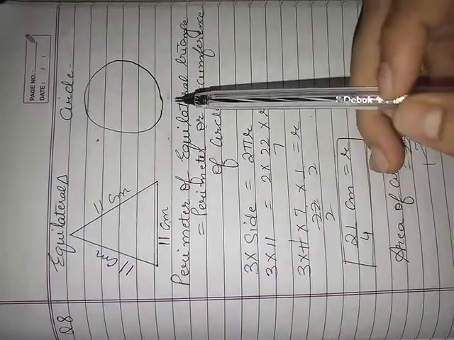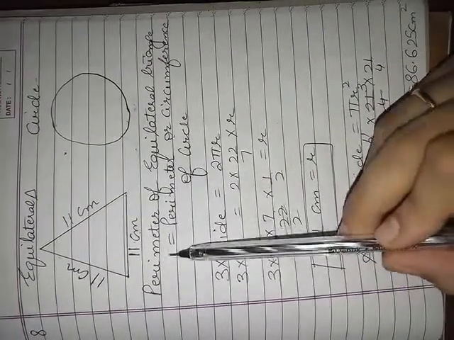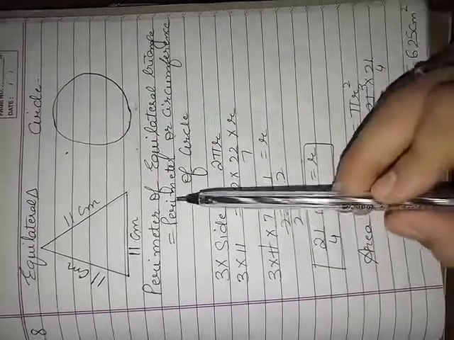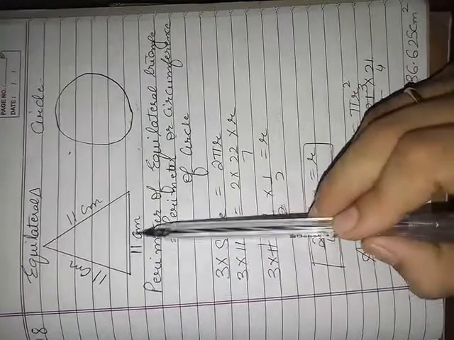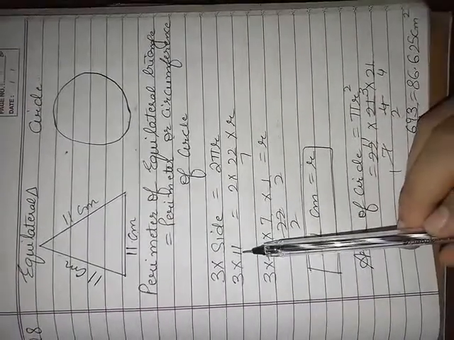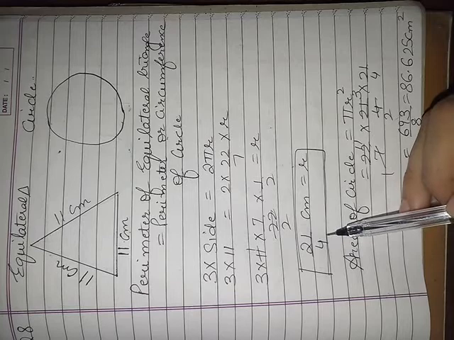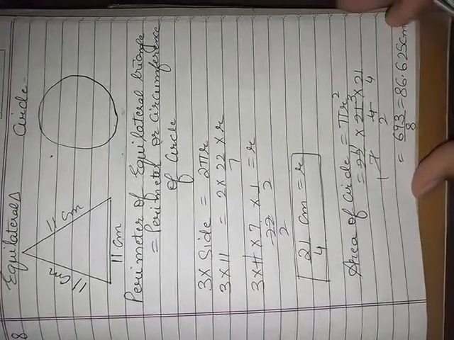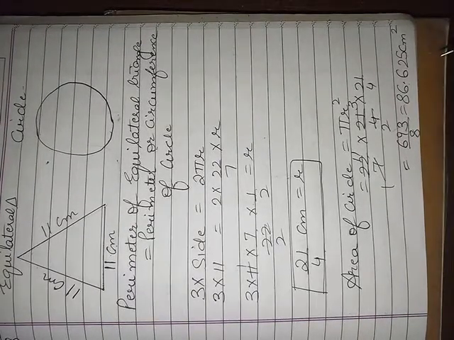So in this case perimeter remains same, area will be changed. So to find the information of the missing things, we will use this concept. Perimeter of equilateral triangle is equal to perimeter or circumference of the circle. In this question side is given, perimeter of equilateral triangle is the sum of its boundary. It means 11 plus 11 plus 11, or the other formula for the perimeter of an equilateral triangle is 3 multiply side. Use the value of side and we want to find the radius. Your radius is 21/4 centimeter. In this question we have to find the area of circle. Use the value of r in the area of circle and you get the answer 86.625.